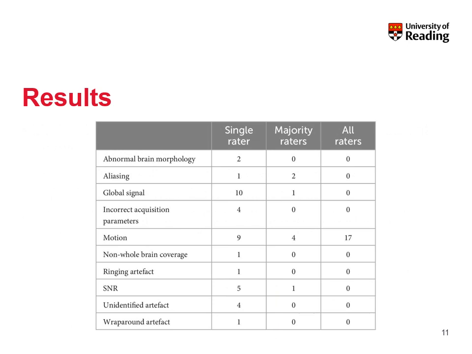Interestingly, despite raters showing substantial agreement for use of the exclude category, when we reviewed the notes provided by raters for exclude decisions, motion was the only classification consistently used by all raters for a given subject to exclude them. Other issues, such as aliasing, global signal, and signal-to-noise ratio were identified by the majority of raters. However, there were an even greater number of artifacts identified by only a single rater when deciding to exclude a